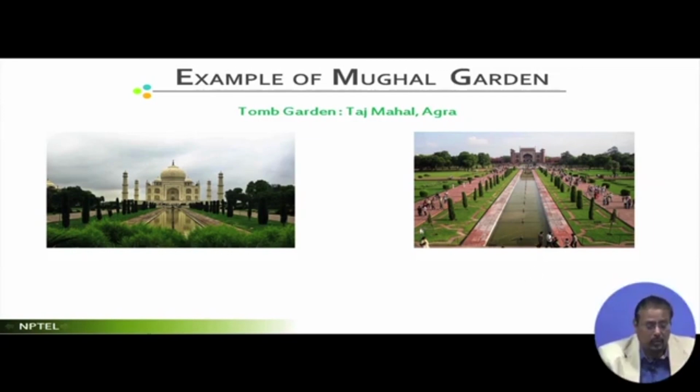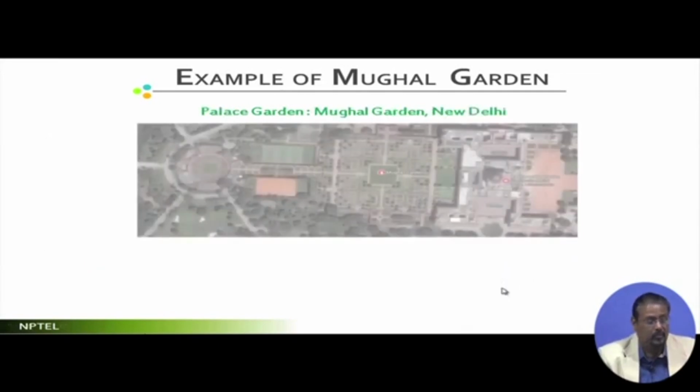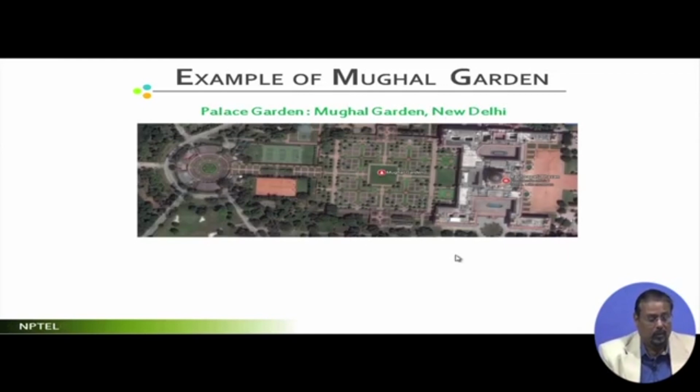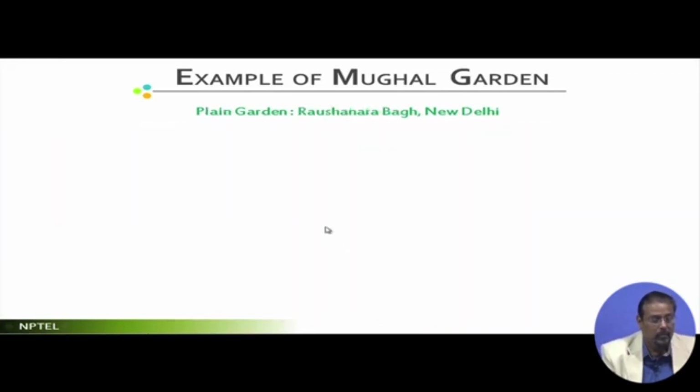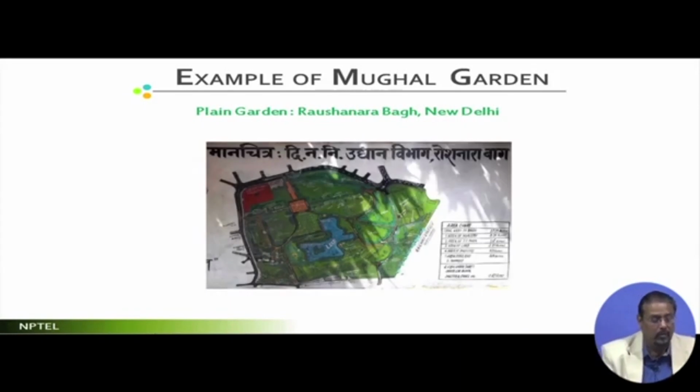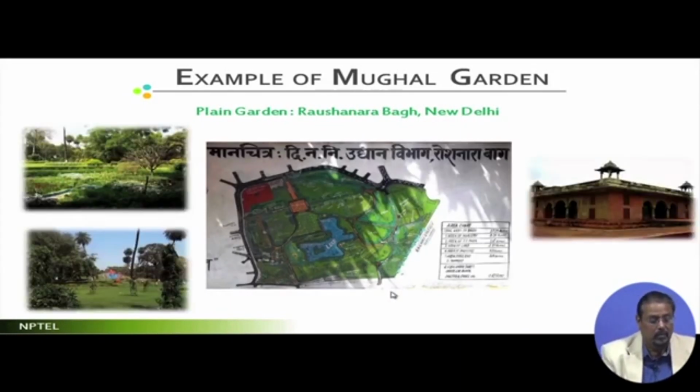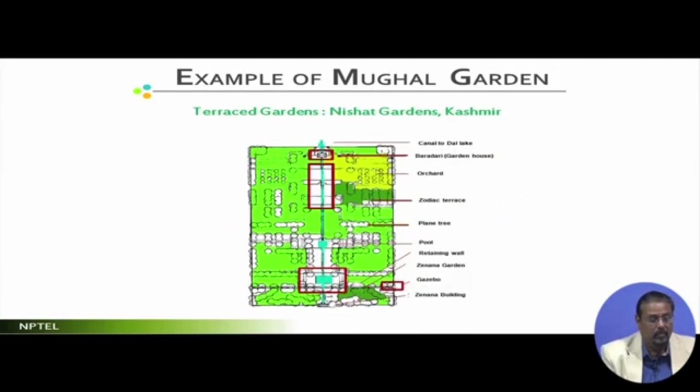You look at these patterns of the pavements, which are very, very geometric, of typical Islamic style. Mughal garden in New Delhi. Then we have Roshanara Bagh in New Delhi, and then we have Nishad Gardens in Kashmir,